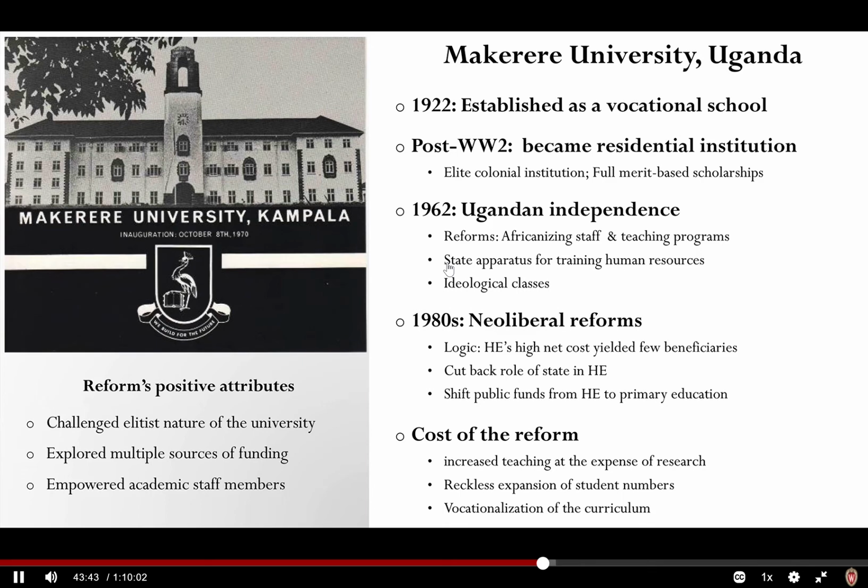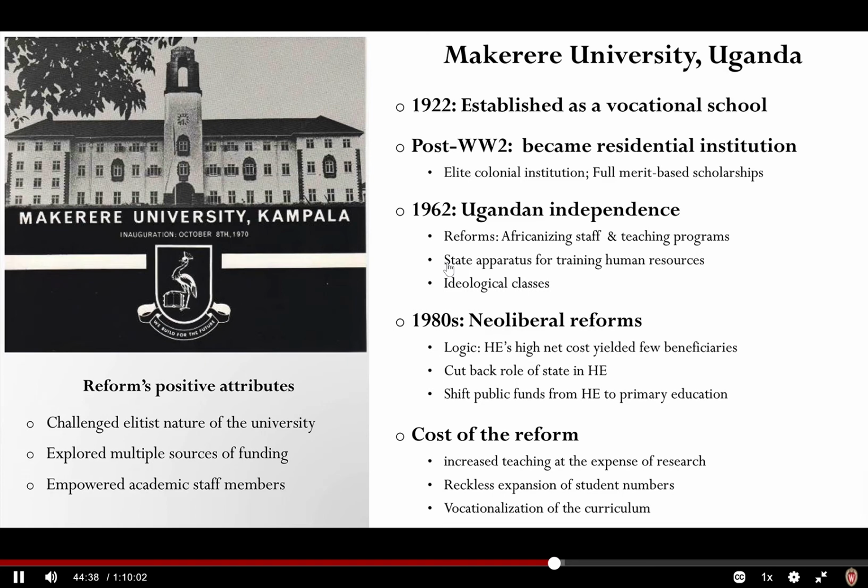Now, the cost of these reforms in higher education is that once you say let's cut back the role of the state and let's have students pay for themselves and families take care of their expenses, we see a whole lot of things going on. Number one, there's an expansion of student numbers, because we expand by opening up since there are no scholarships. While we are marginalizing a big group of students, those who can afford to pay can come in their numbers into the universities. And once those numbers increase, the teaching load goes up, because faculty members probably cannot be expanded due to funding limitations, so we see those faculty members having to deal with loads